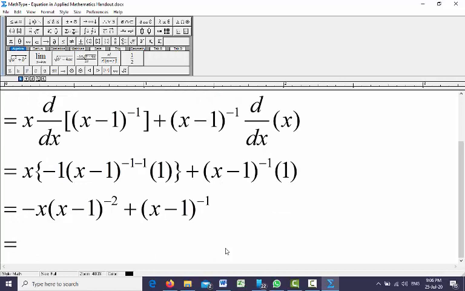So now we have already done the differentiation, but there is a negative power in the answer. We can see that there is a negative sign in the exponent, so we need to get rid of this minus in the power. To come out of the negative exponent, you have to move it back to the denominator.